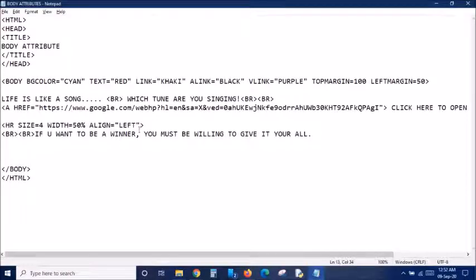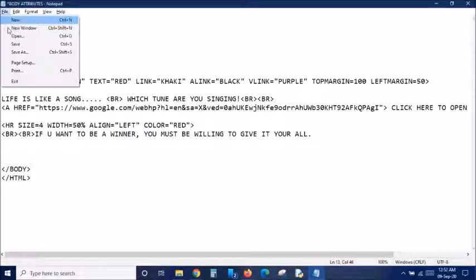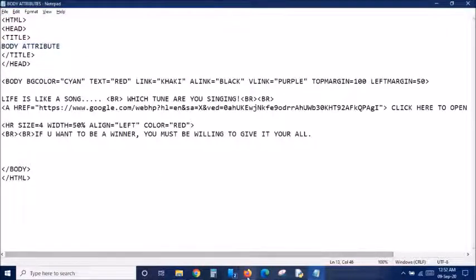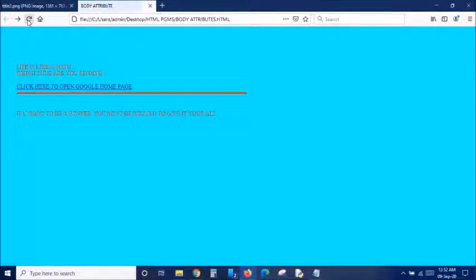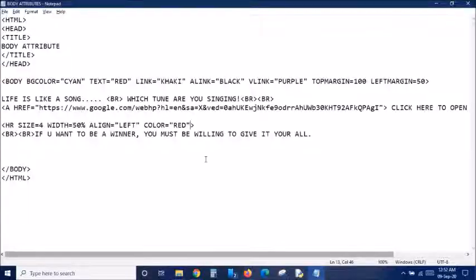So this is the third attribute of the HR tag, and the next attribute of the HR tag is noshade. Before that, I just wanted to teach you the color. How can you give color to this line? It is coming in gray, right? To change that, we can use the color attribute. I've just given the color as red. File, save, refreshing the page. See, the line is coming in red. So you can give color like this.